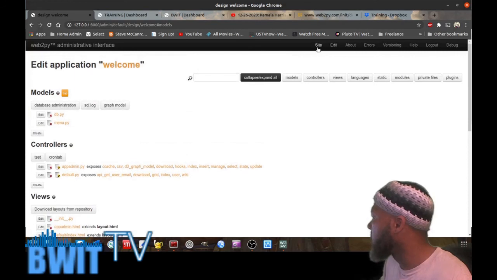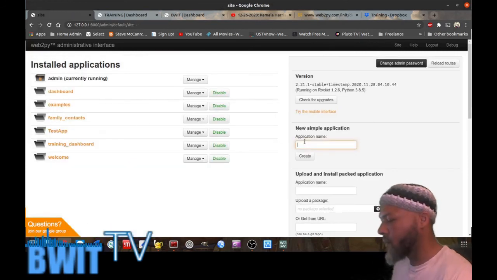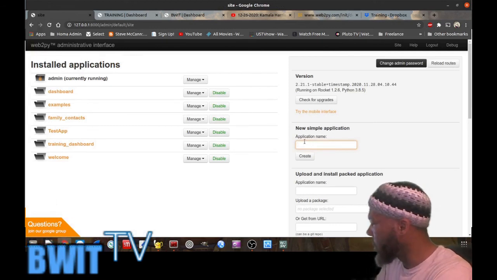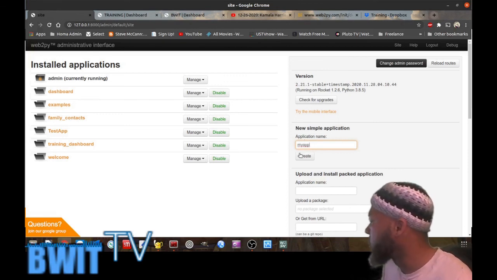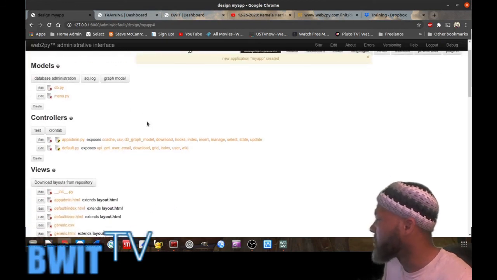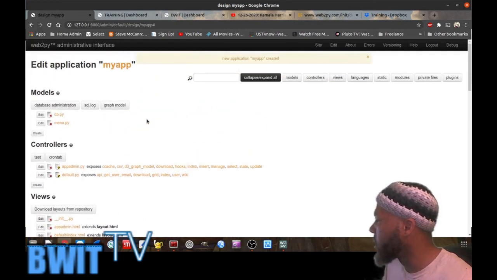So let's go back and create our first application. We're going to call it my app. Let's create my app. Hit create. As you see here, it creates that basic structure that we looked at before on the welcome app. What you want to do to get started, we're going to